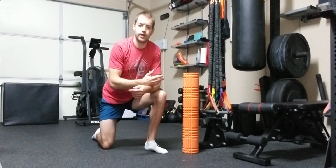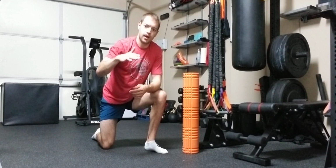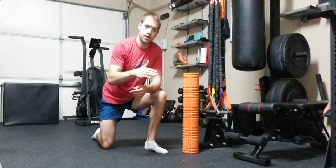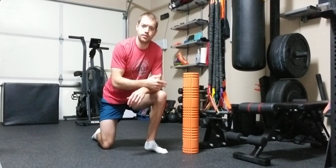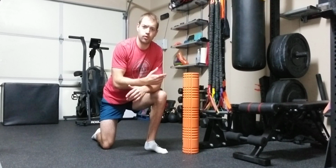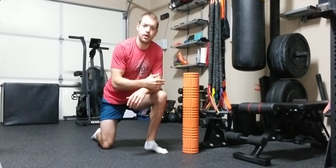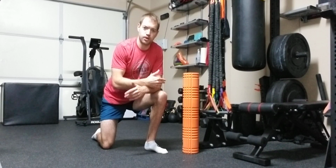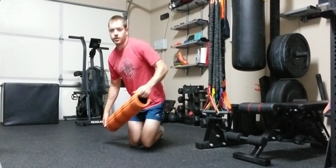So what you're going to do is essentially lay on the foam roller starting at the middle back, and then you're going to slowly roll down towards the hips and focus on the lower back. And when you're doing this, you want to make sure that you're supporting yourself with your feet and your hands or your elbows as much as possible, once again to make sure you're not putting too much pressure onto your spine. So I'm going to take my foam roller,